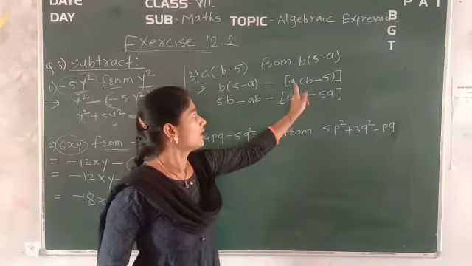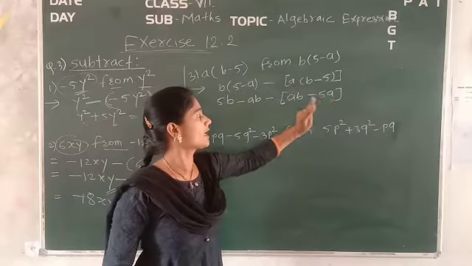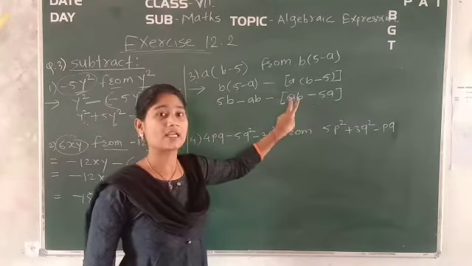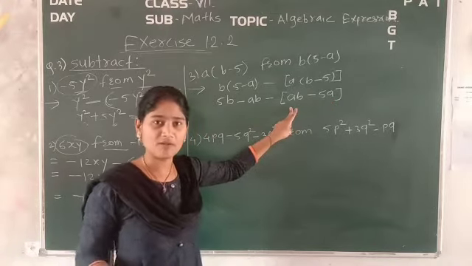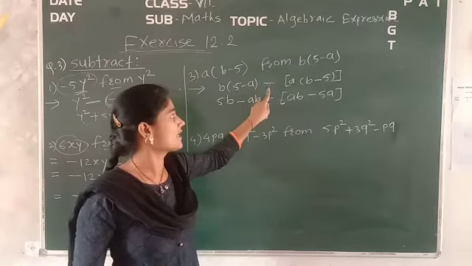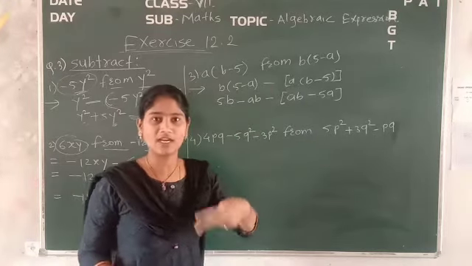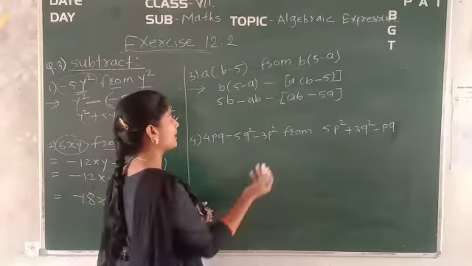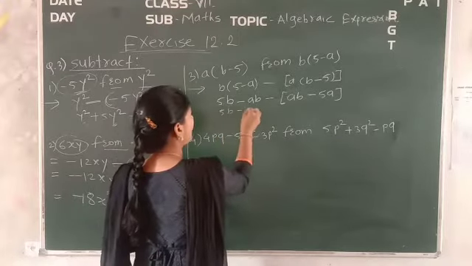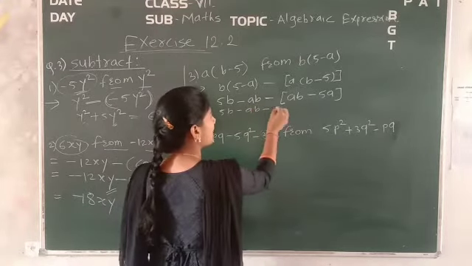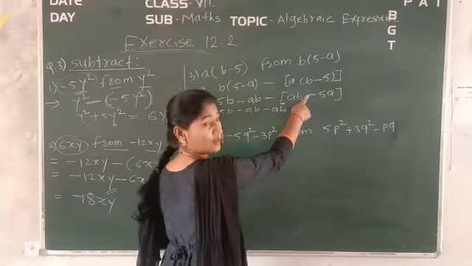Okay. Now what is remaining? Round bracket gets cancelled out, only the big bracket is there. When this big bracket will be removed, when you multiply this minus sign with the whole bracket, then only it will get removed. So just multiply this, that is 5b minus ab, minus plus minus ab, minus into minus, it is plus